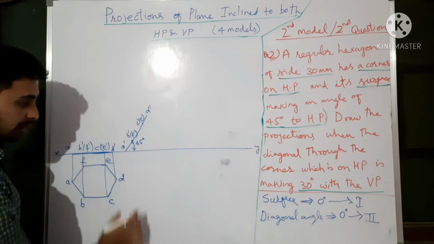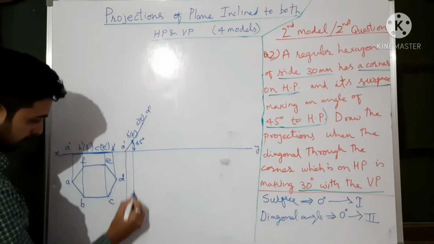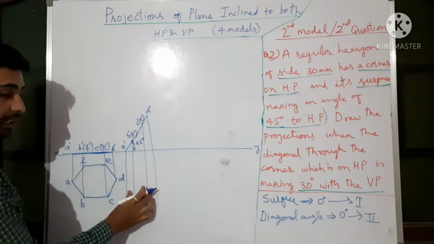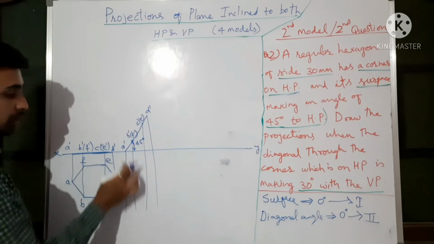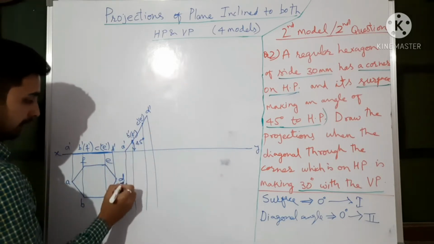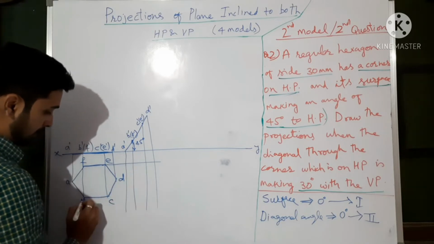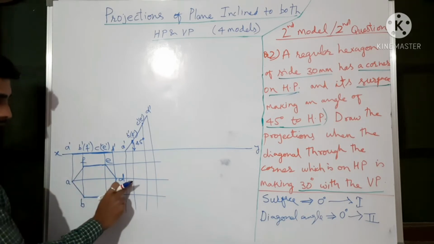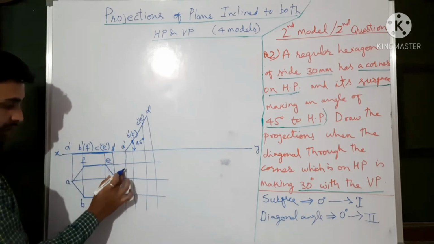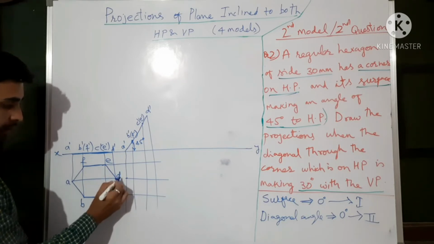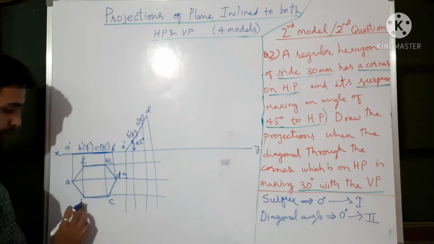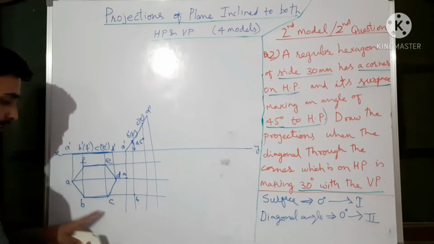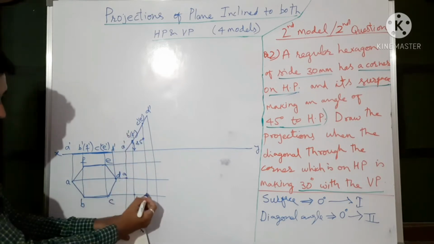Now project all the points in the top view. As again I am saying, projector lines should be thin and continuous, whereas the front views and top views should be dark. Take the projectors from here, here, and this. Now join the respective points, A and A. This D belongs to this corner, and this A is for this. B, here B, so it is here. Are you getting it? C and C, like this.